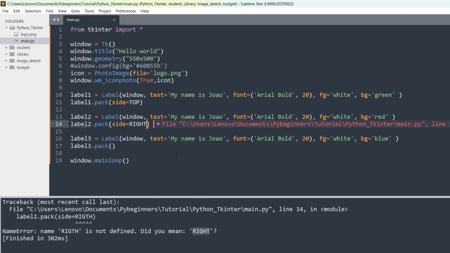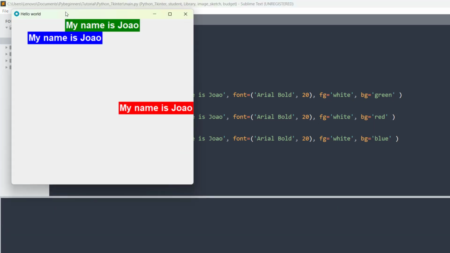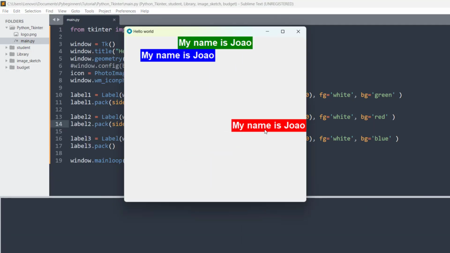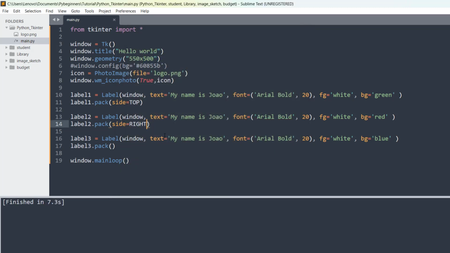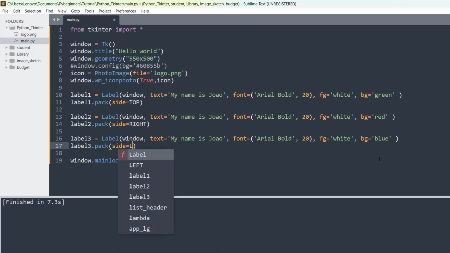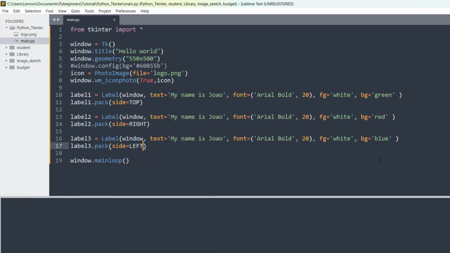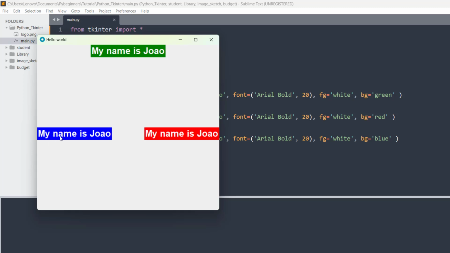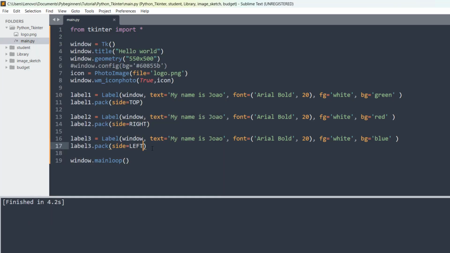So I save, and if I run this, as we can see, we said right, so this red one came here on the right. And apart from right, we can also say side equal left. If I save this and run, now we can see this blue one came on the left.